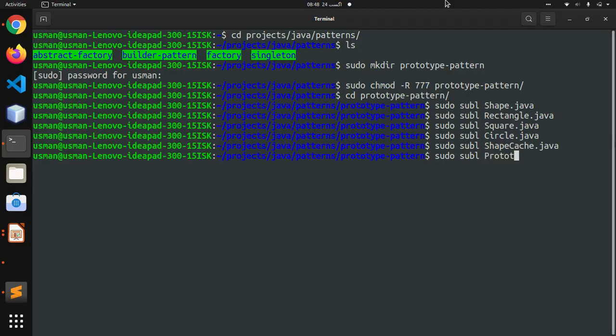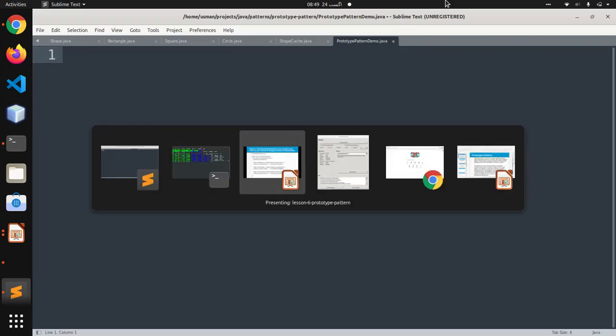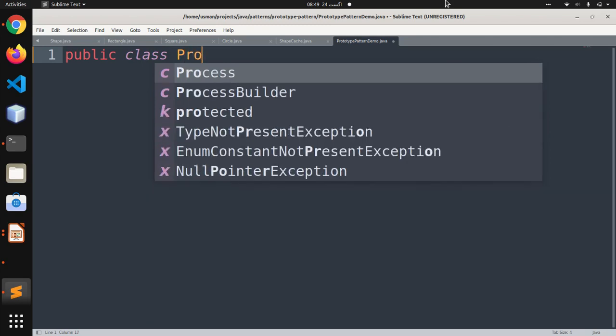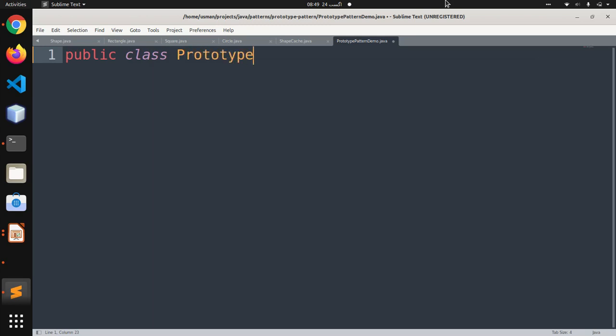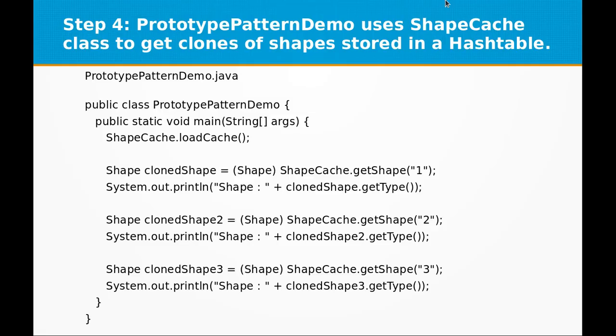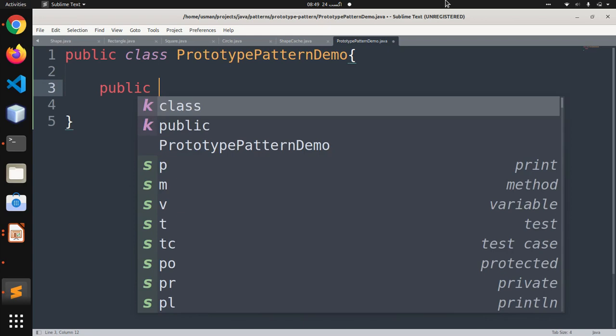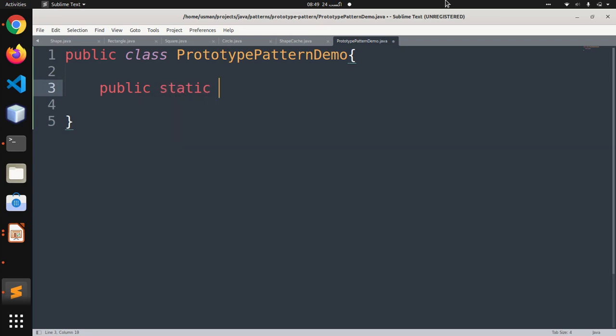Prototype pattern demo.java. Okay, here we are going to create a class, public class PrototypePatternDemo. Okay, and this class is our main class with the executable function, public static void main(String[] args), and